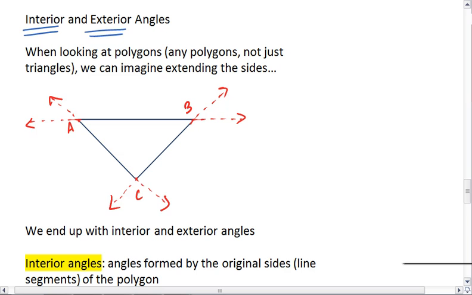What we end up getting, I'm going to change just where I put the letters,